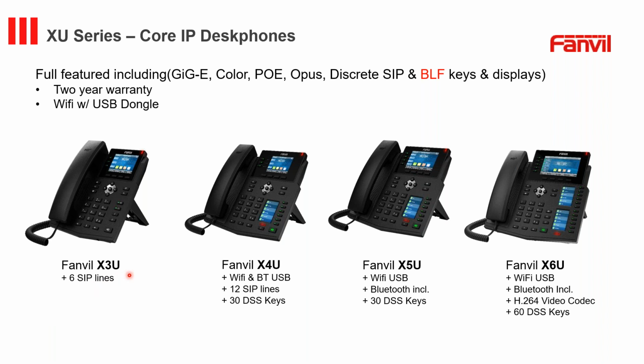Now let's talk about the main core phones, because very often people at the front desk or in the offices don't necessarily need a hospitality phone that's dedicated to very simple operations. In this case, we've cored down our offerings into 4 separate categories. We have the baseline phone that offers everything you need for basic dial tone usage. And as you go up into different models, we add on different functions,